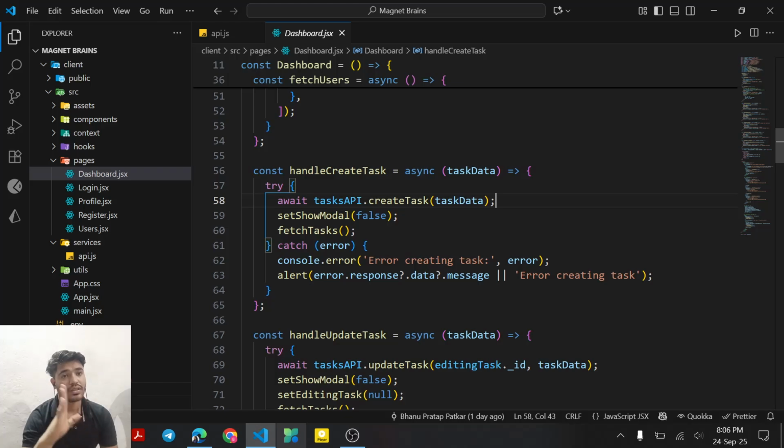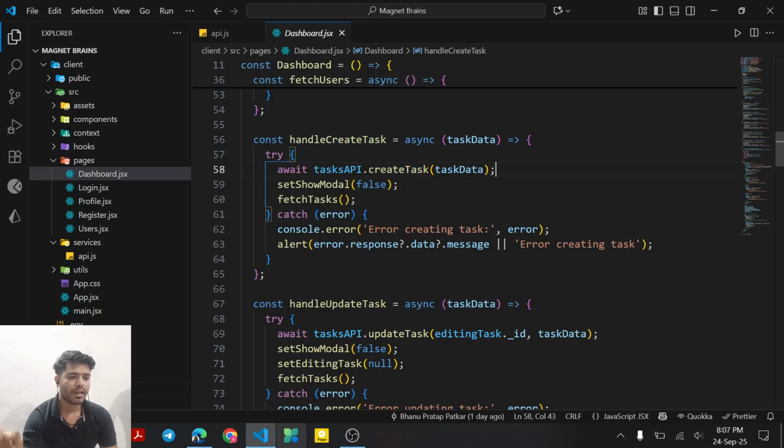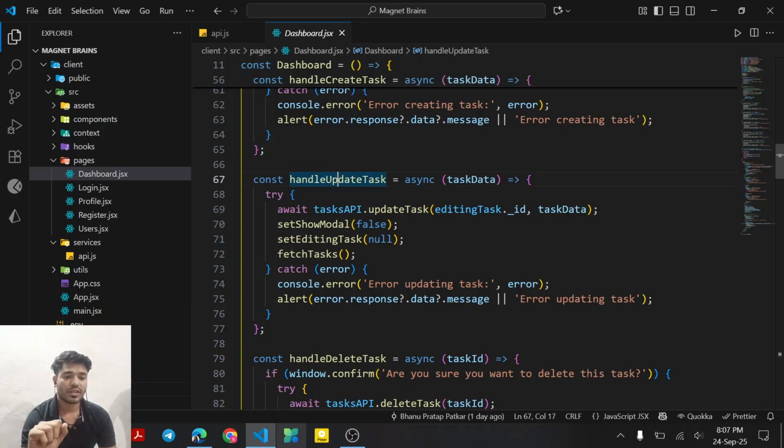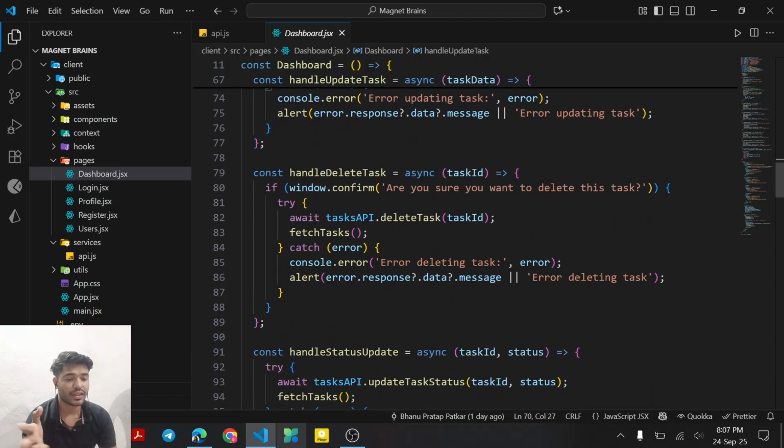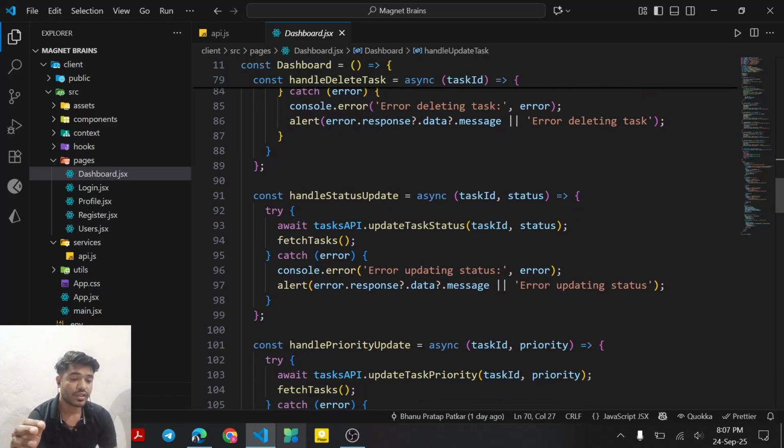Creating the task, the logic part I already talked about in the server folder where the backend logic is done. There is nothing here in the dashboard page, it is just handling the API, with the main logic in the server folder, and fetching the tasks again. Same thing for updating the status for whom we have assigned a task, and deleting the task. For the task status, we want the ID and whatever the status of that is,